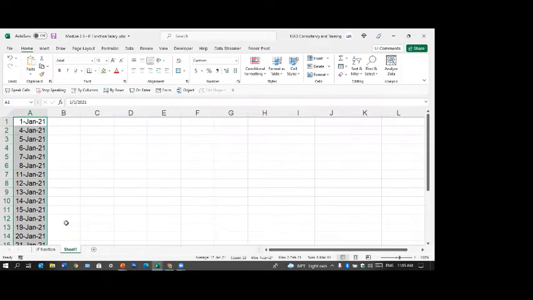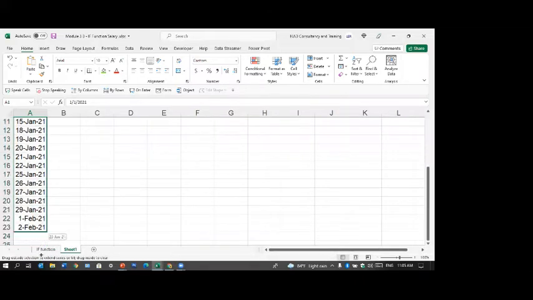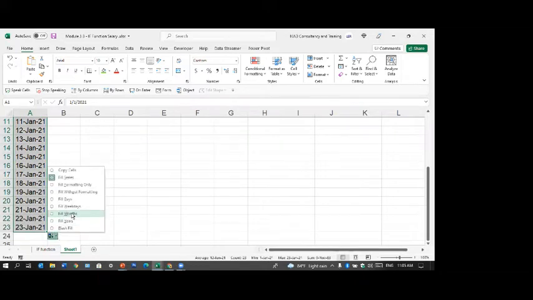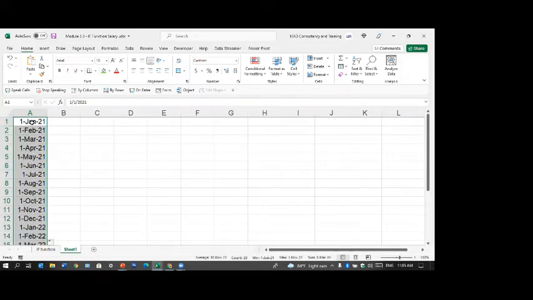Right? So let me drag it again. Then fill months. The month will keep on changing. At the end of December, the year will change. The date is fixed. Sometimes you need these things. 3rd of every month you want to repeat, but when you copy it, it changes. But then you can say fill months and then say fill years. Only the year will change, the month and the date stay.